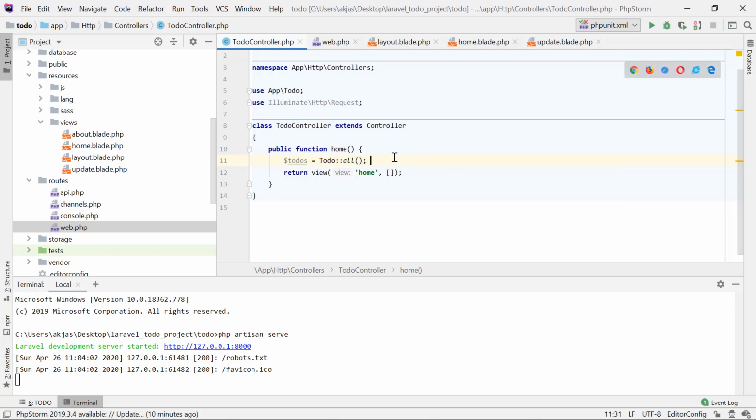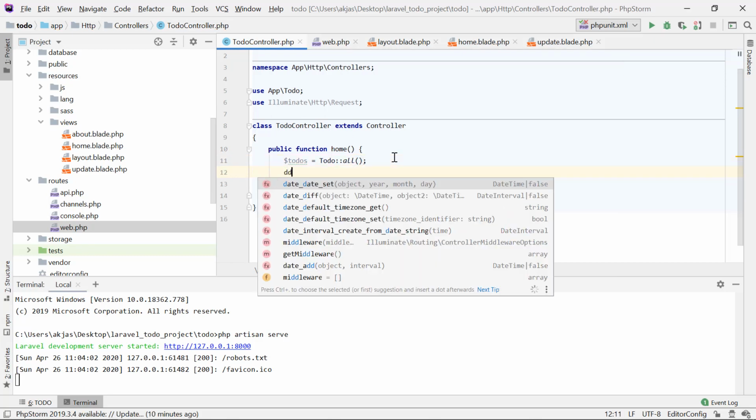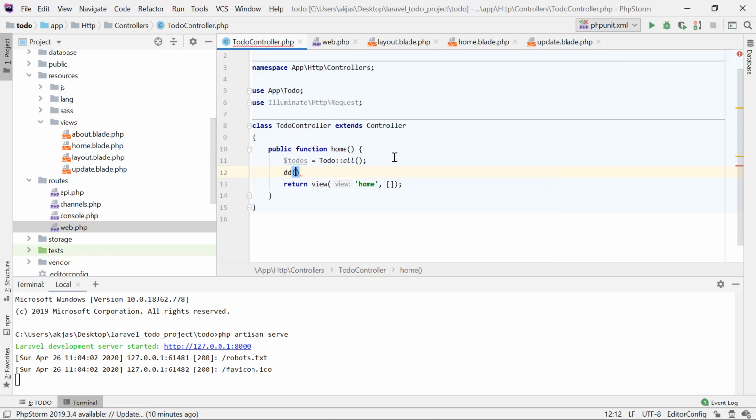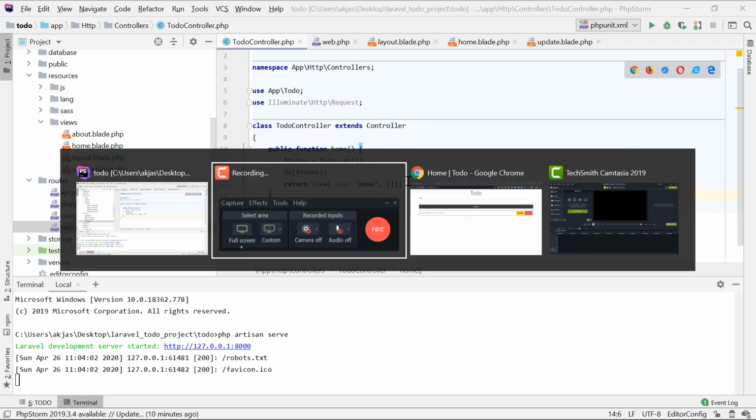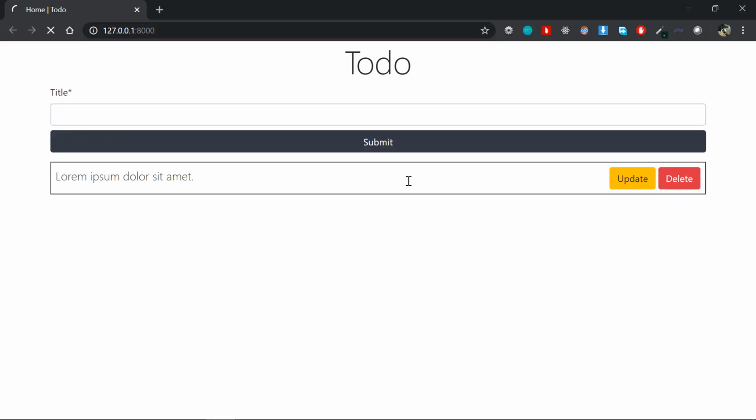If you want to see the output, there is a helper function in Laravel called dd, and you can just say dd($todos). It will give you a better understanding of what this variable is. Now I'll show you in the browser itself. Let me refresh this page,